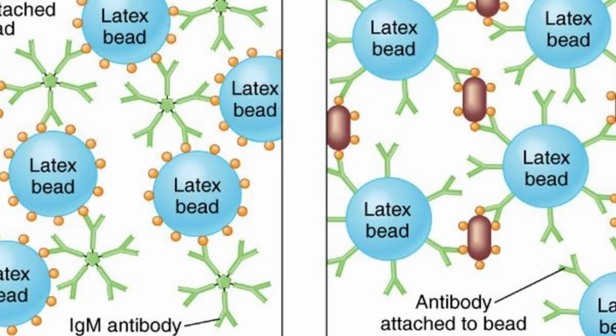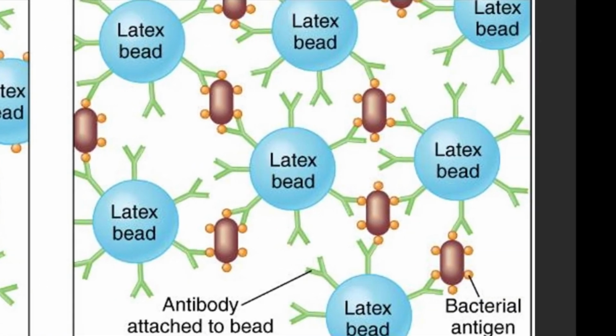On the other side, we have latex beads to which antibody have been bound. So again, a colored large latex bead is used, but this time it has antibody bound to it, which are looking to bind with antigen from the patient's sample. So whereas we had a positive indirect test on the left-hand side, we have a positive direct test on the